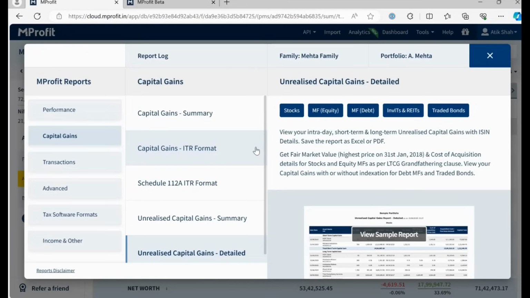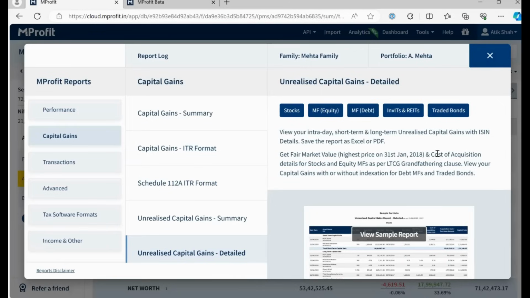At MProfit, we are currently working on building out these changes to our capital gains, and we will have them ready in a few weeks. So anyone asking about equity, debt, hybrid, you will be getting specific different reports for each of these three types of mutual funds. And before you are filing your returns for financial year 23, these reports will be available in MProfit. So we are just currently in the process of finalizing these updates, and we hope to make them live in the next few weeks. But that will make sure that your mutual fund capital gains are in line with what ITR mandates for financial year 23 and beyond. So I think, Tanmay, I just wanted to touch on that.